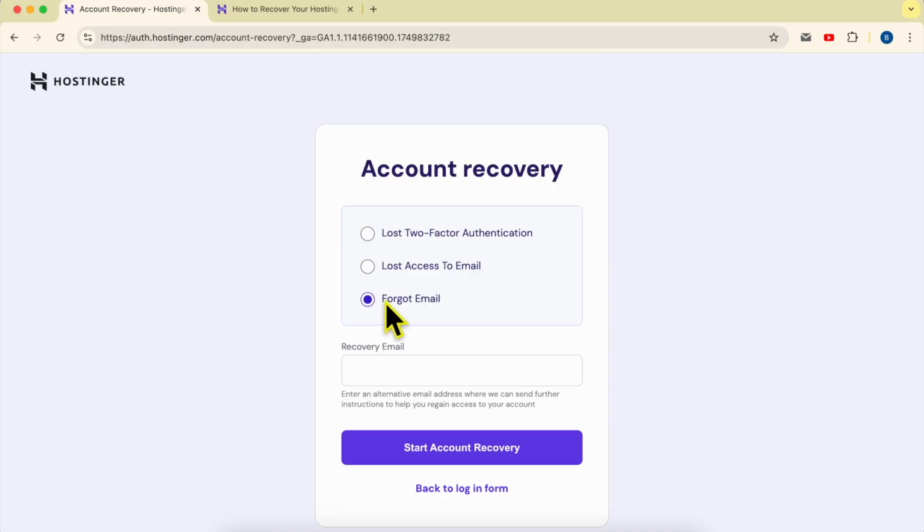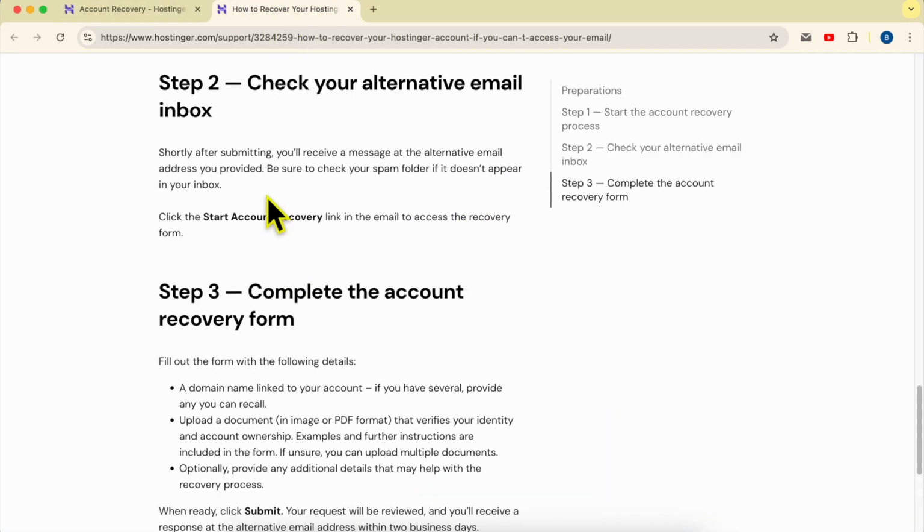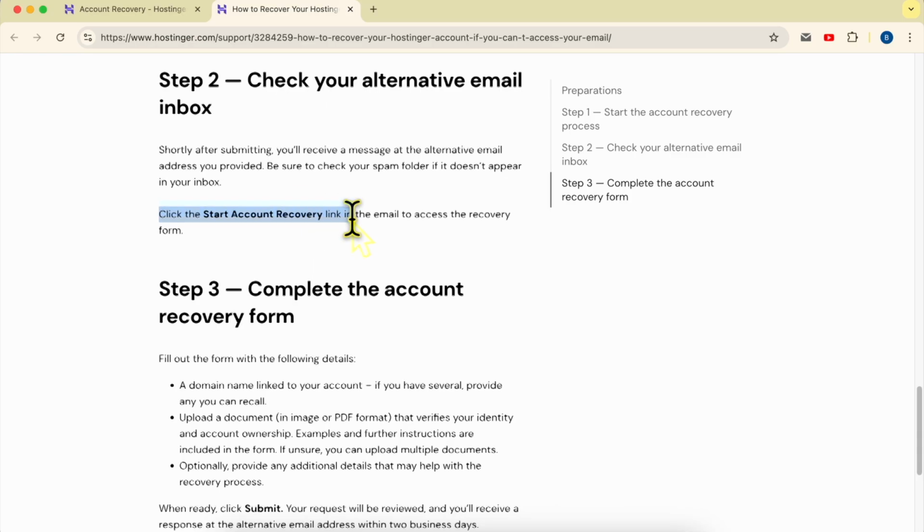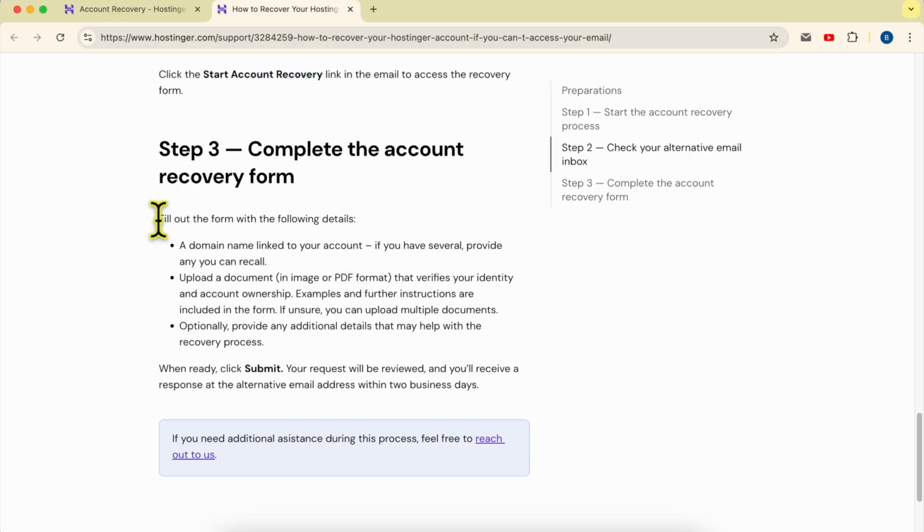If you forgot which email address you used to create your Hostinger account, just fill in a recovery email here. By recovery email, I mean an alternative email address where Hostinger can send further instructions to help you regain access to your account, and click on Start Account Recovery. When you start an account recovery, you will receive a message in your alternative email inbox. You need to click on the Start Recovery email link in the same email message, and you will see a